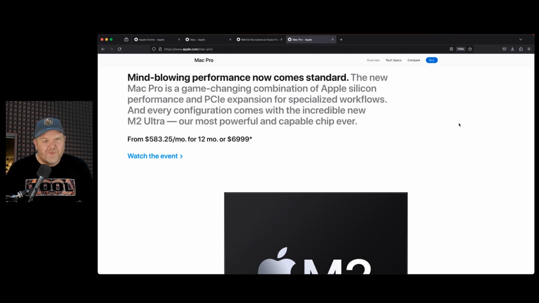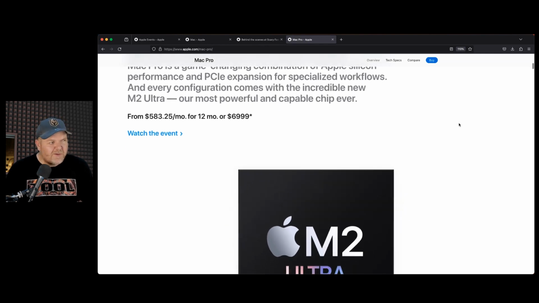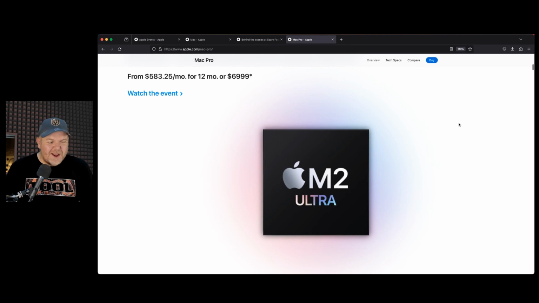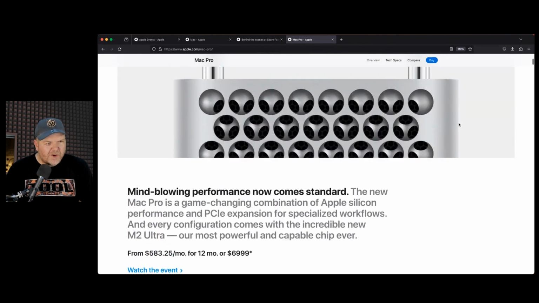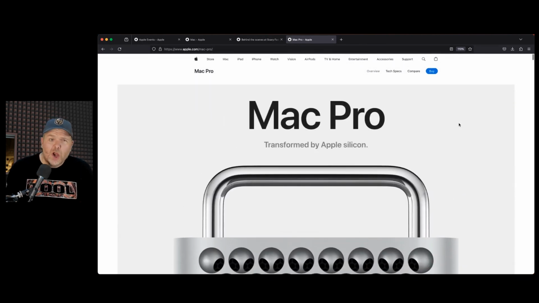Here's the thing, despite the fact we've got M3, M3 Pro, and M3 Max now, an M2 Ultra is basically like two M2 Maxes stuck together. So it's still going to be faster than the M3 and probably faster than the M3 Pro and M3 Max because it is Ultra. Those watching the video have already probably done a spit take of their coffee because you're seeing on the screen there that it says from $6,999,